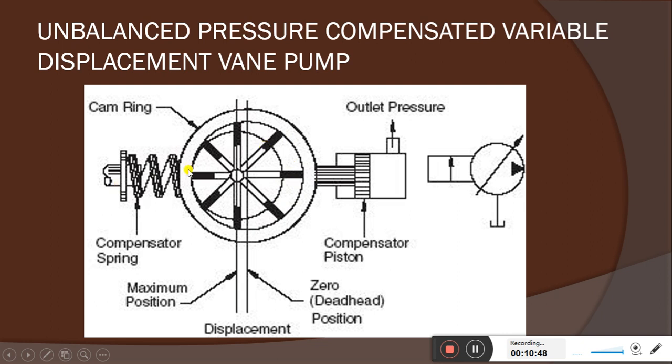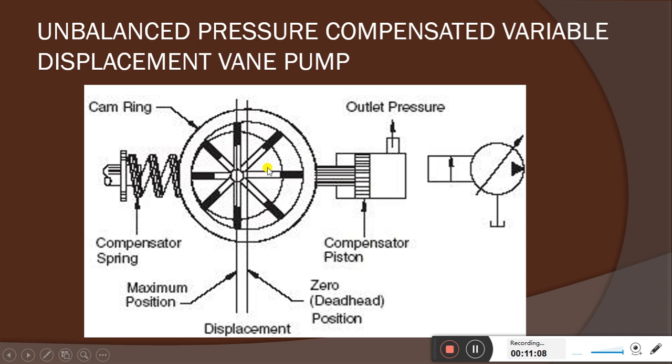So what happens, the cam ring is connected to the compensator spring, and at the other end it is connected to the compensator piston. Compensator piston, so outlet pressure. So what happens, you can see here,